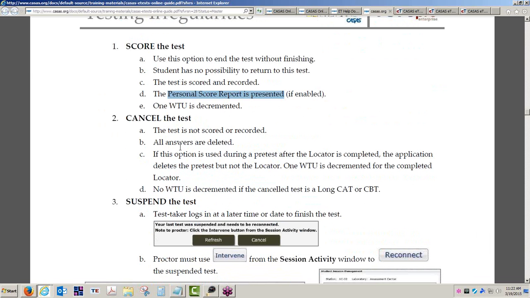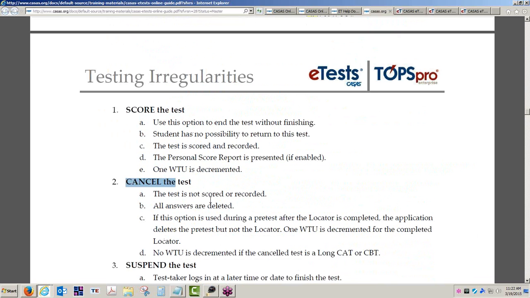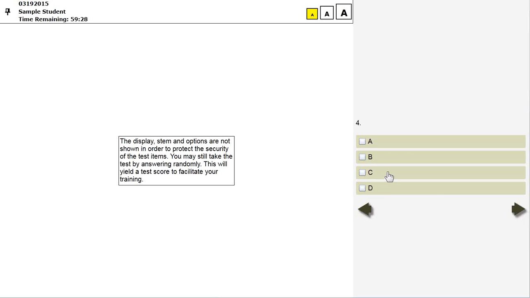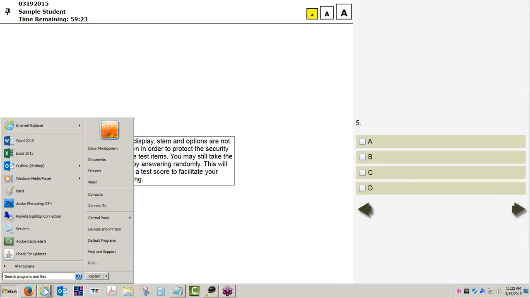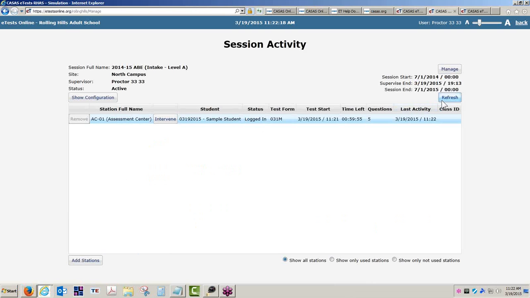the personal score report. Right now I'm going to demonstrate again how to cancel a test, not score it, delete the answers, and so forth. But this time I'm going to choose not to do it from the testing station. I'm actually going to do it from the session activity window. So notice here, as the proctor is monitoring test administration, if I've identified that this student